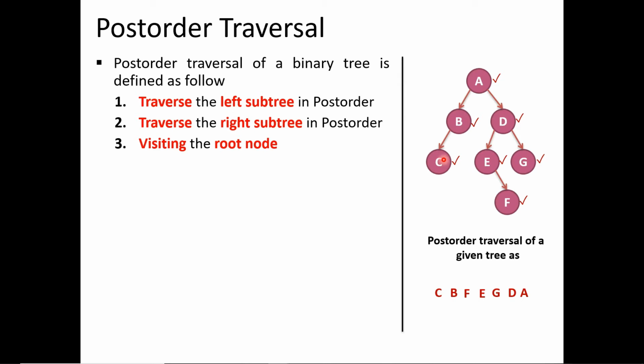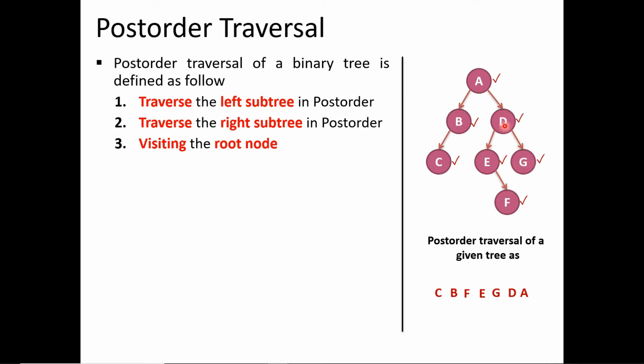And the shortcut method for post order traversal is, we have to take a leaf node first and write it into post order traversal. So first of all we have to write this C, then B becomes a leaf node, right? So this left subtree is completed. Now move on to right subtree. In right subtree, F is a leaf node, so we have to write this F. Then E becomes a leaf, so we have to write this E. Then G becomes a leaf, so we have to write this G.